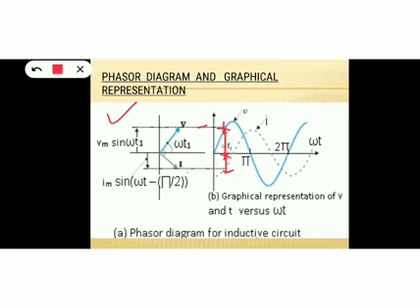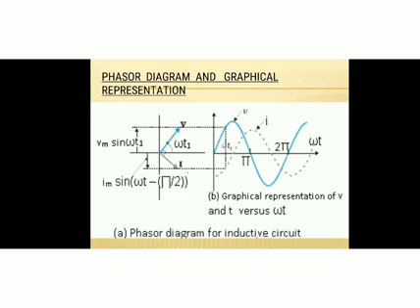Now, what is the phase difference, or the angle between the voltage and current phasors? This is the voltage phasor, this is the current phasor, and the phase angle between them is pi by 2. That means you should represent the voltage and current phasors as mutually perpendicular to each other. The angle between these two phasors must be pi by 2. You must represent voltage and current phasors on the phasor diagram such that they are mutually perpendicular. Okay.